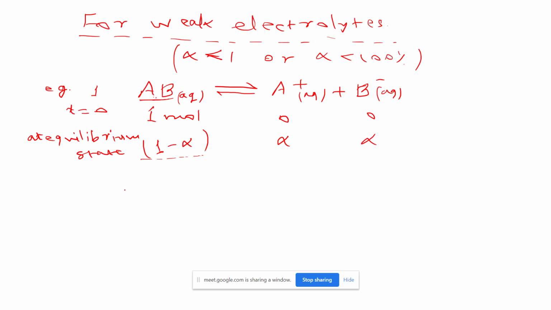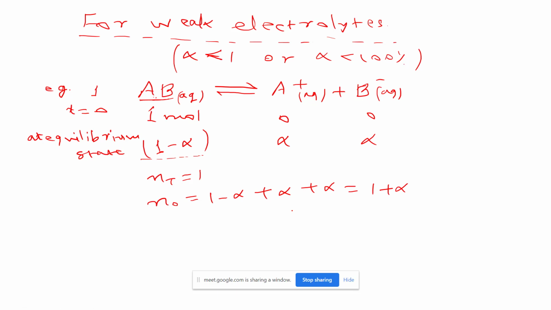So how many moles initially we are taking is the theoretical moles of solute, that is 1 here. Now how many moles we are observing at equilibrium? Some undissociated form is there, and it equals 1 minus alpha. So 1 minus alpha moles for AB undissociated at equilibrium, then alpha mole for A plus and alpha moles for B minus. So the total moles at equilibrium will be 1 plus alpha. Got it?